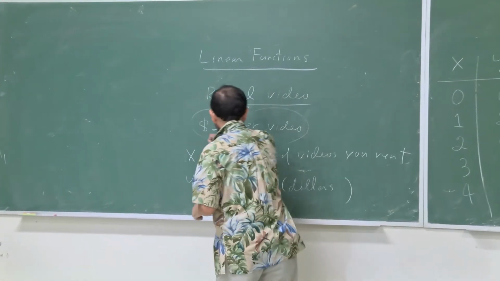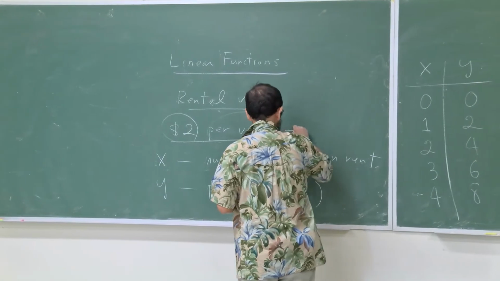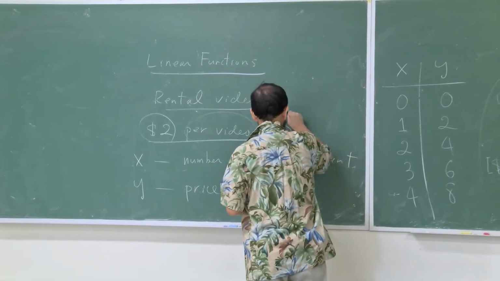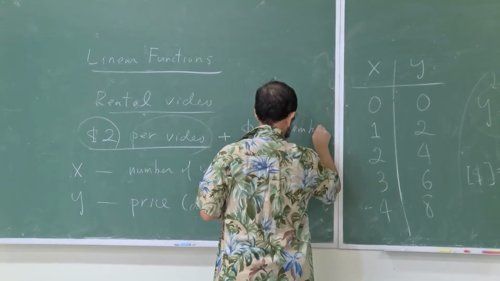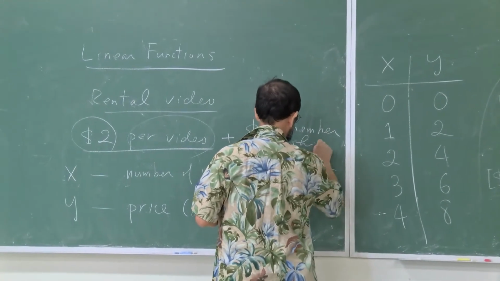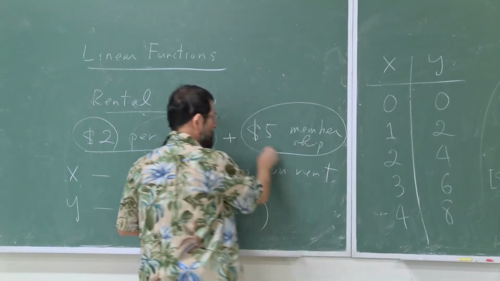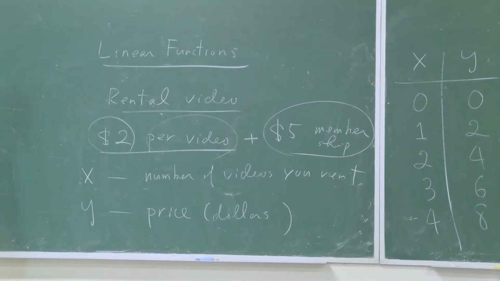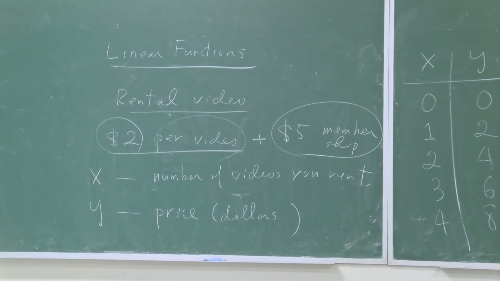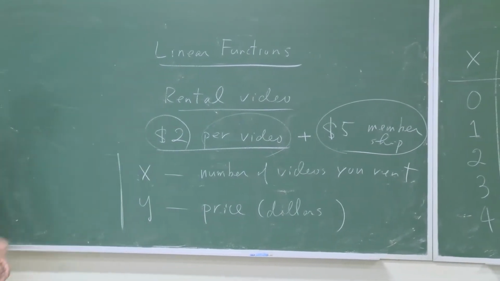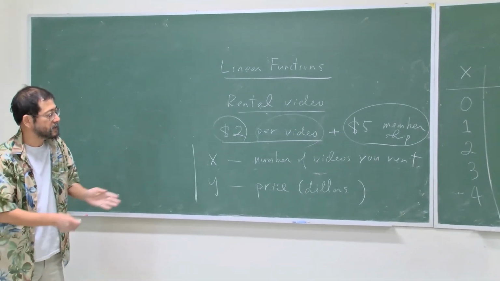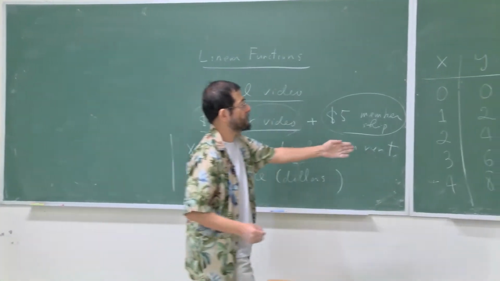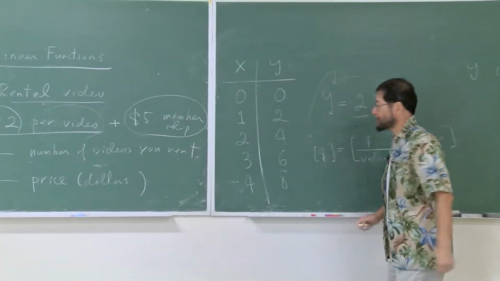So you have to pay $2 per video, but also suppose you have to just pay this extra $5 here. Okay? Then let's just keep the same setting here. So now this membership fee is going to change the function. For example,